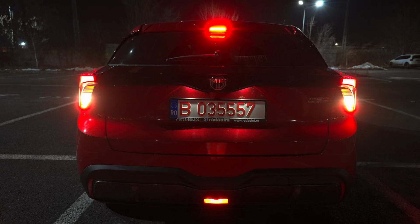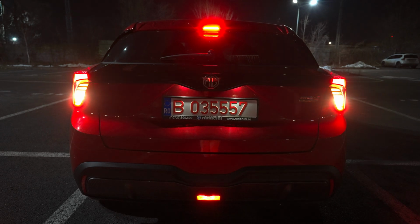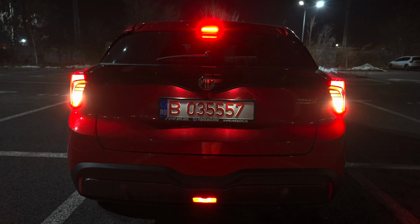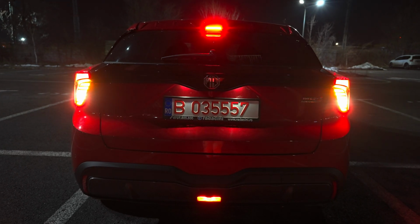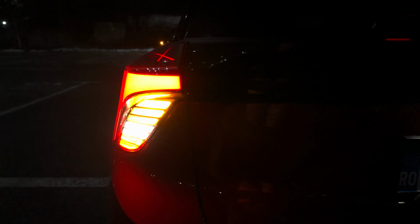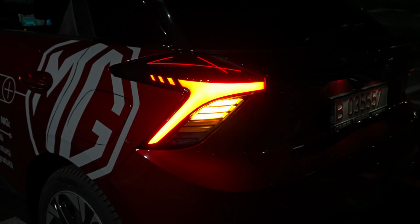You can see the reverse light is kind of in the middle. I'm not sure if it's an LED light. I think it's an LED light. If you know, guys, write me down. It looks like an LED, and the brake light as well. It looks nice, it looks fine. It's not something extraordinary, but they are super visible, super big, and more than enough from my point of view. So anyway, let me take you on a tour around the car,